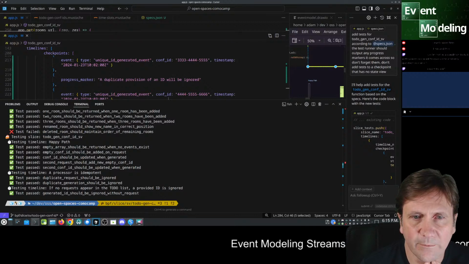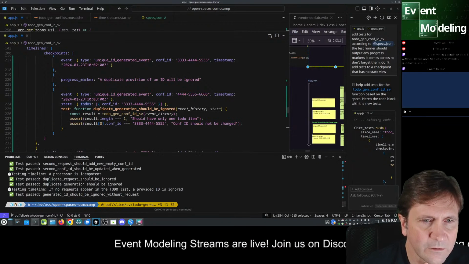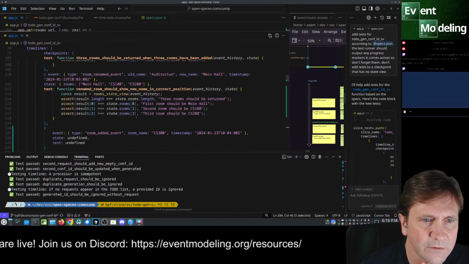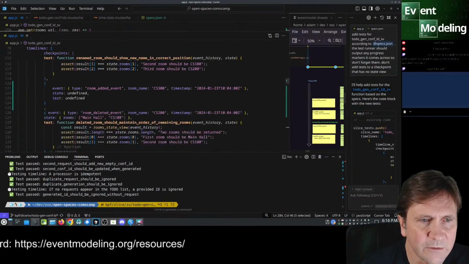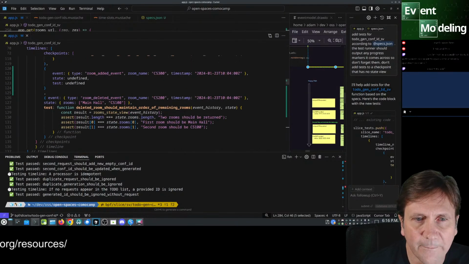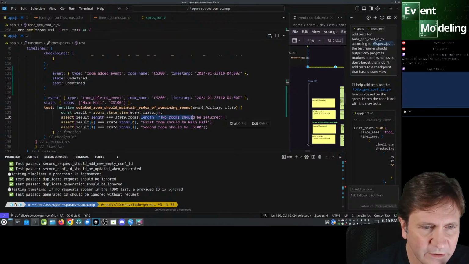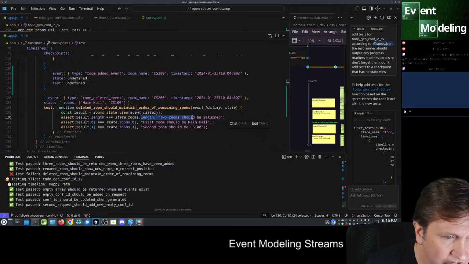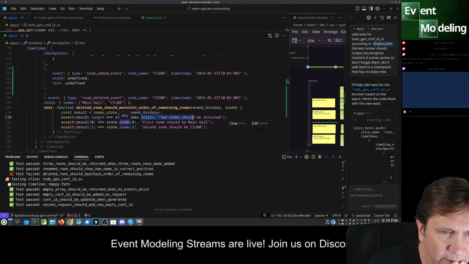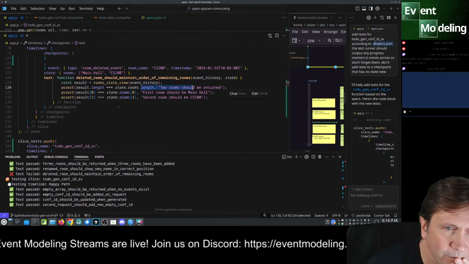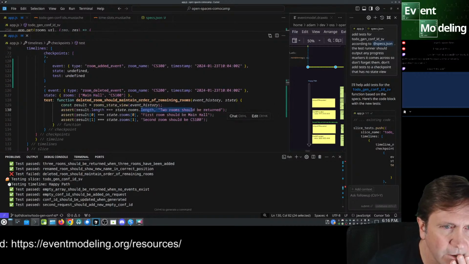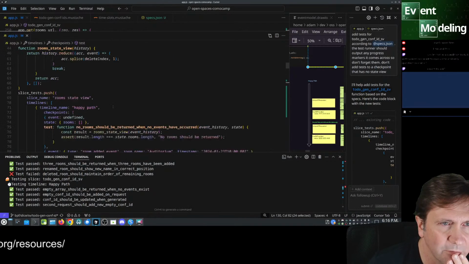So if we close this down, let's just get rid of that extra thing that we put in here just to make an example. So this test is, yeah, 2 rooms should be returned as failing, right? And I think our test runner should be better. We should have the reason why things are failing, not just in the console log, but in our assert. We'll have to add that today.